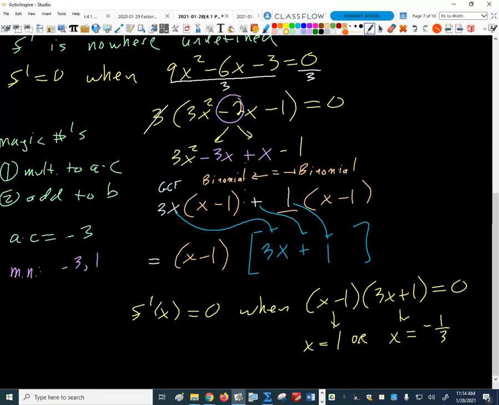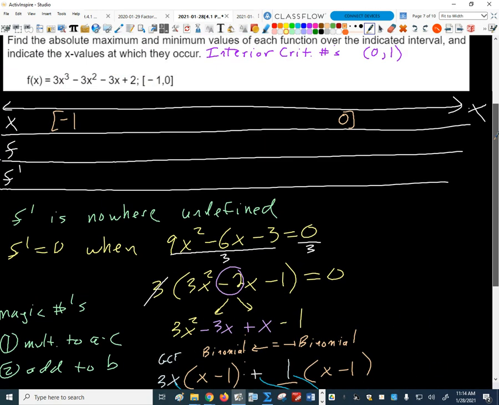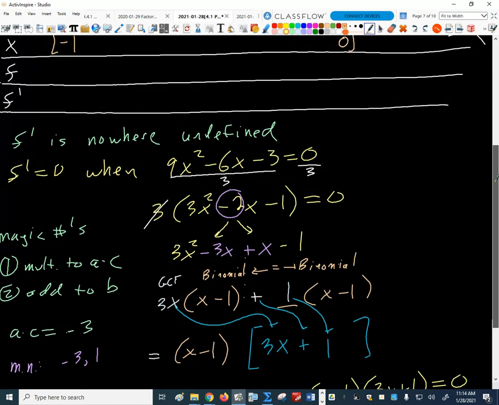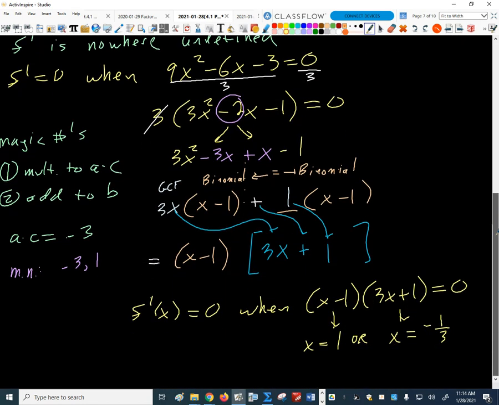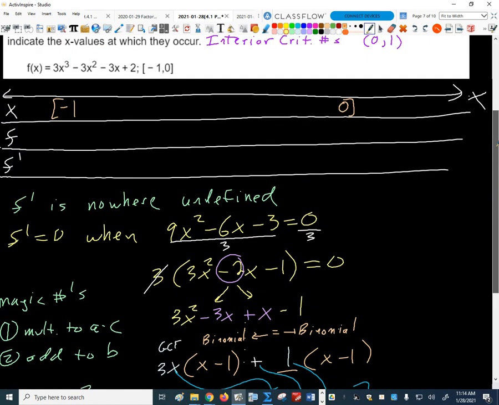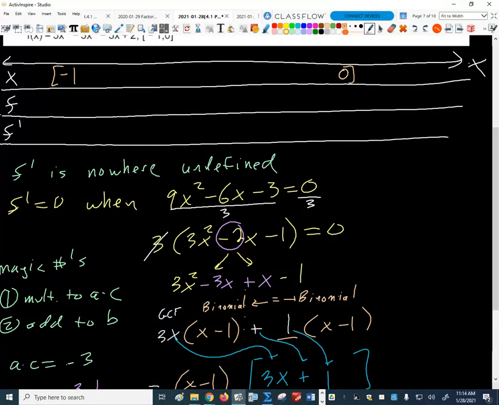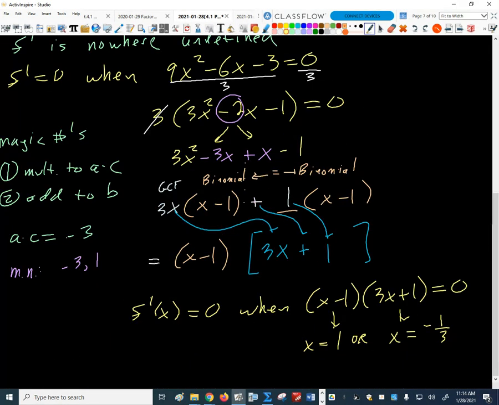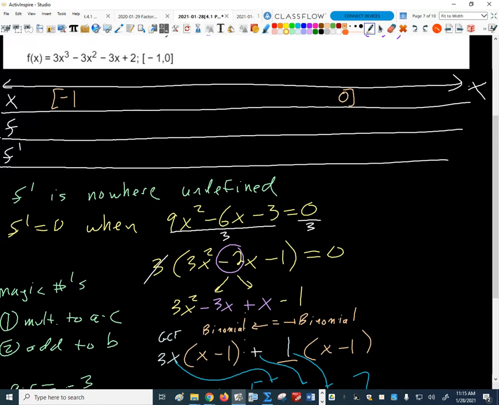And so we can put those values up here in our table, right? What were we doing here? We were just trying to find critical numbers. Okay, so we got critical numbers at 1, which is outside of our interval, right? So we don't care about that one, or negative 1/3. Well, negative 1/3